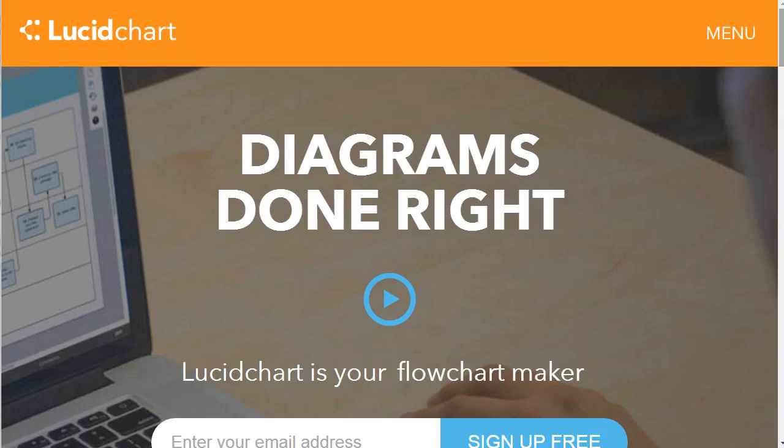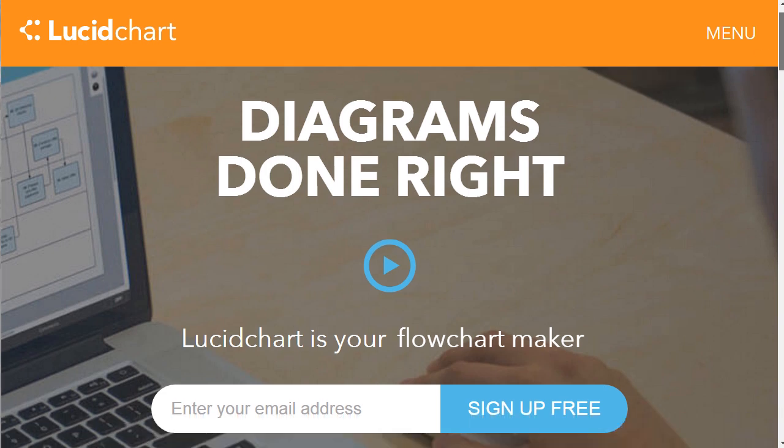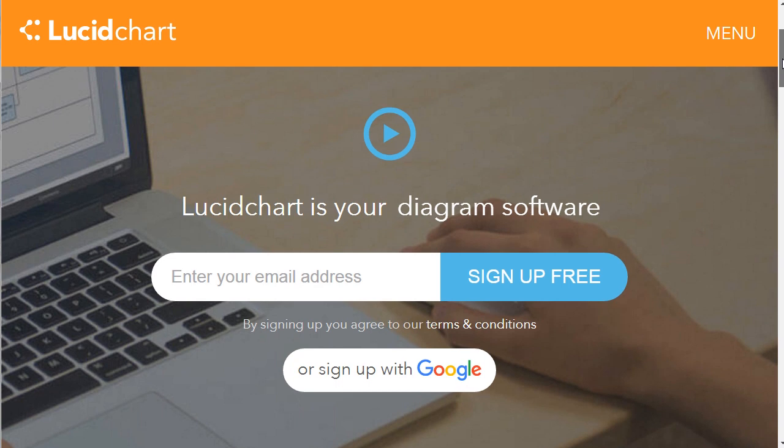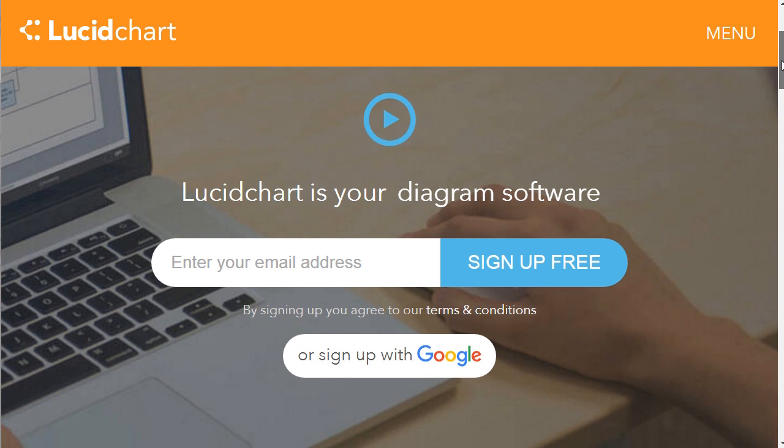Like I said earlier, I am going to be using a web application called Lucid Chart, that is lucidchart.com. The reason why I am using Lucid Chart is because I've used many different flowchart systems, diagram systems, mind mapping systems, and I still ended up coming back to Lucid Chart. It's very good in terms of trying to map out your project, map out your membership site, and even map out parts of your business.